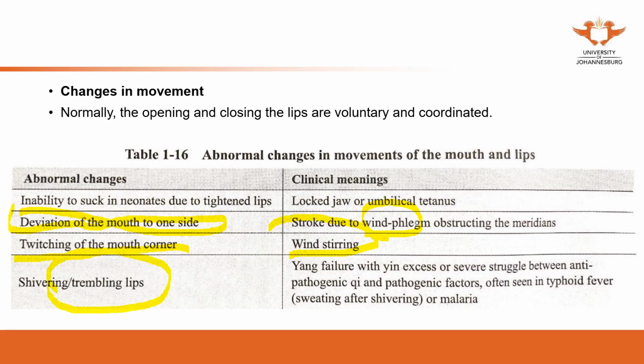Trembling is the same as the trembling of the body. The trembling can happen in the face. Trembling is a kind of moving. That's also the wind. But what caused the wind? You can go back to the five internal evils. What can cause the internal wind? That's how you're going to treat this kind of trembling.